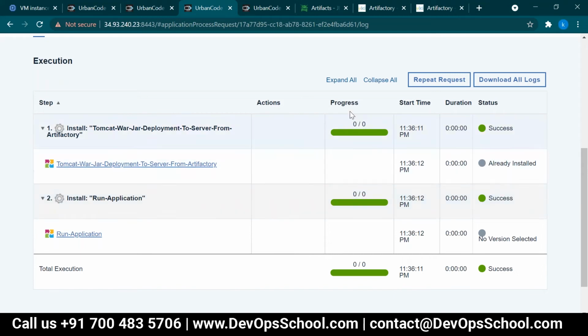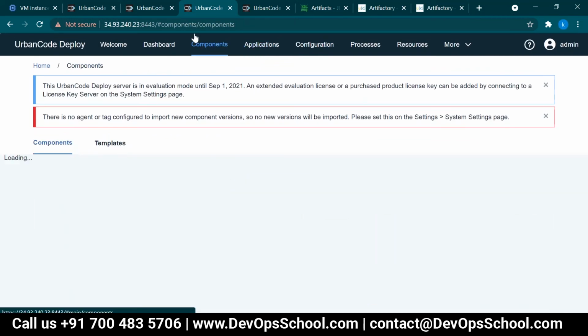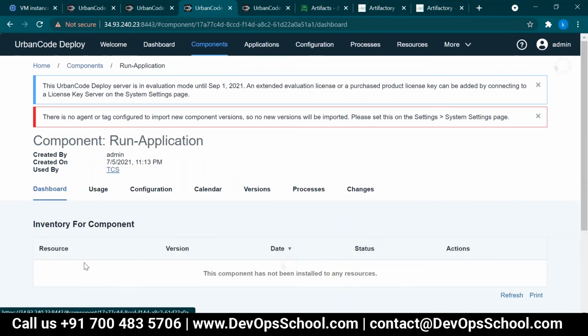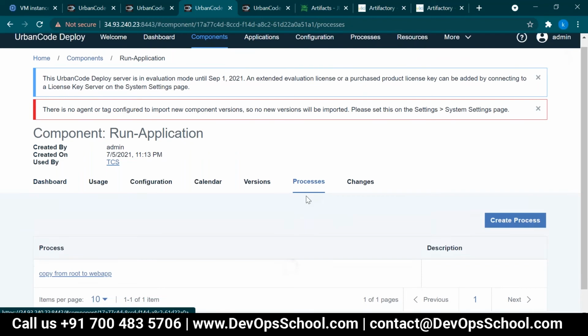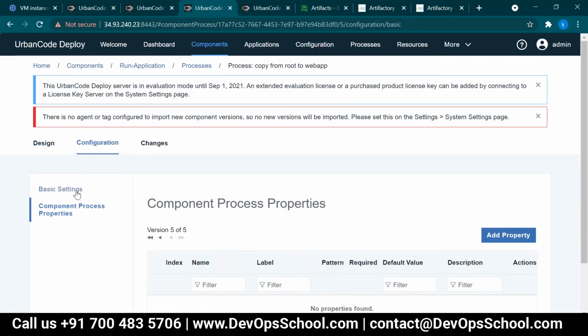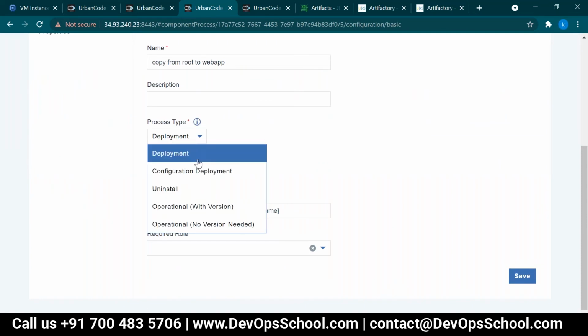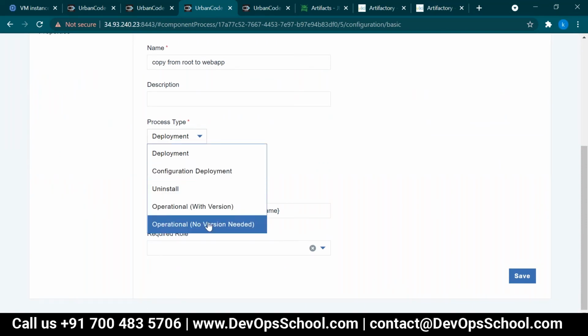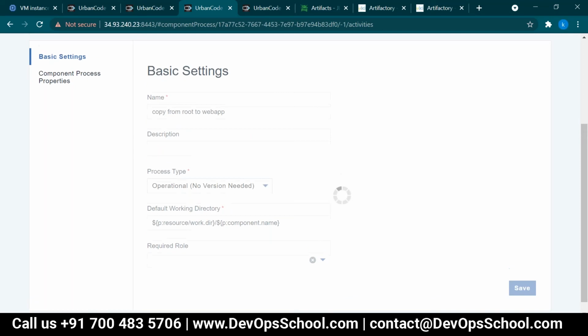Okay, so again I'll go and change run application, process, go here, configuration, component. This one is deployment process type, it is not required, so no version needed. I will save.